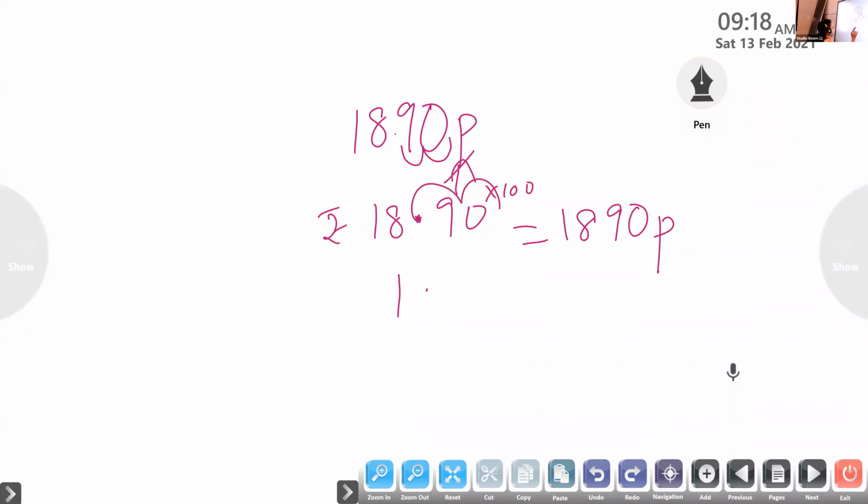So how will we write back? We will move from right to left, then put the decimal point. Only this much. Okay, children, can I give you some questions? Can you do them in the rough book? Yes or no? Okay, all the children, please take out your rough book.